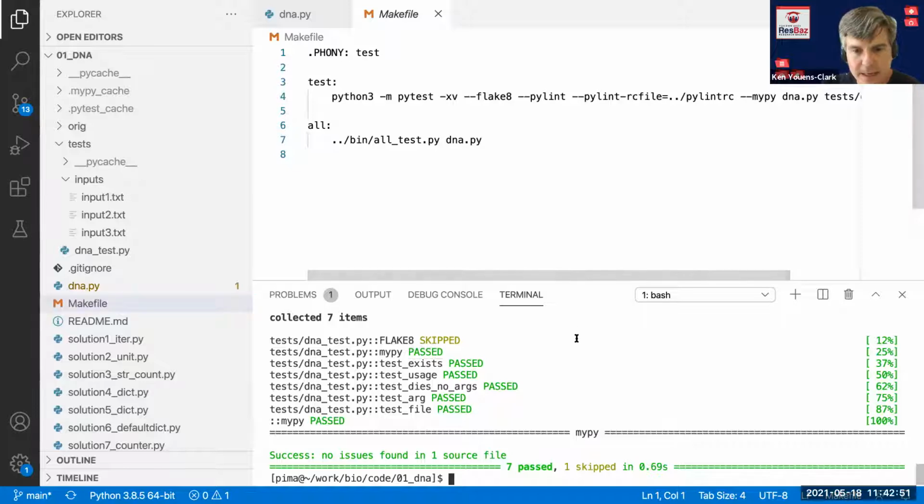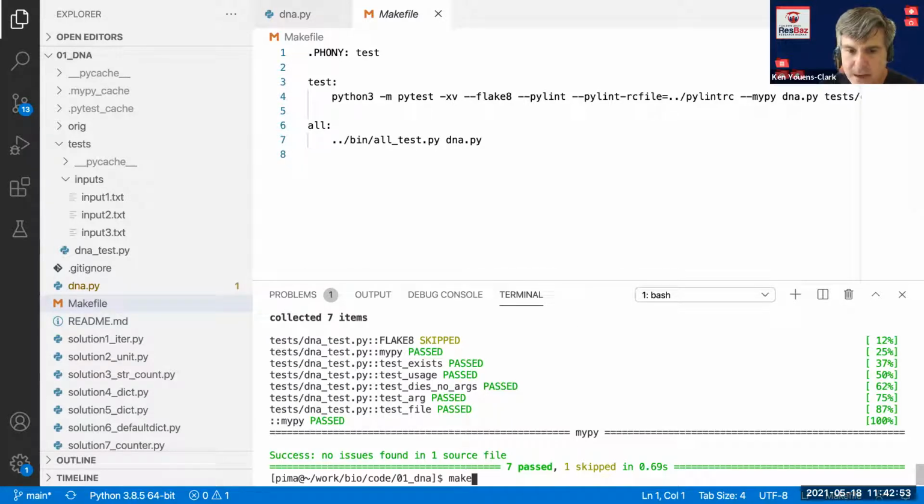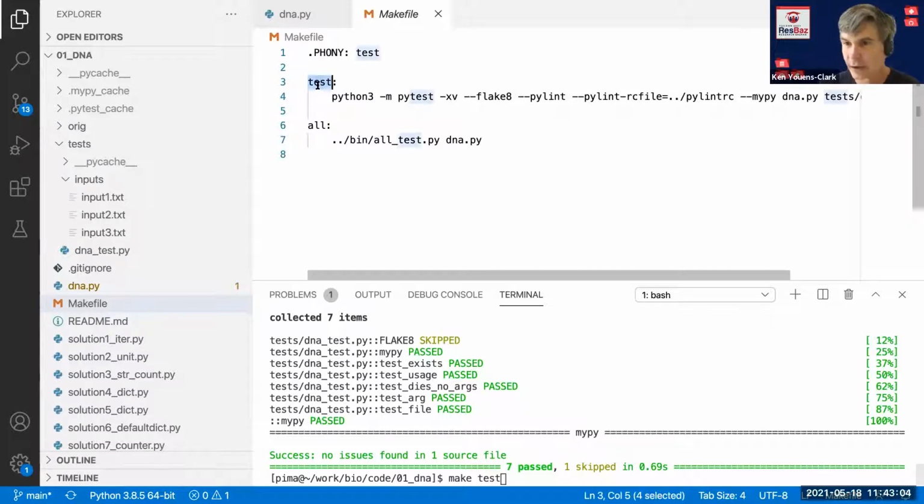When I run make in this directory, and I say make test, it's going to look for the existence of a file called makefile, either uppercase or lowercase. And it's going to see this thing called a target or a recipe. That needs to be flush left, and it ends with a colon. And then all the commands that it executes must be indented with a tab. Absolute requirement, has to be a tab.